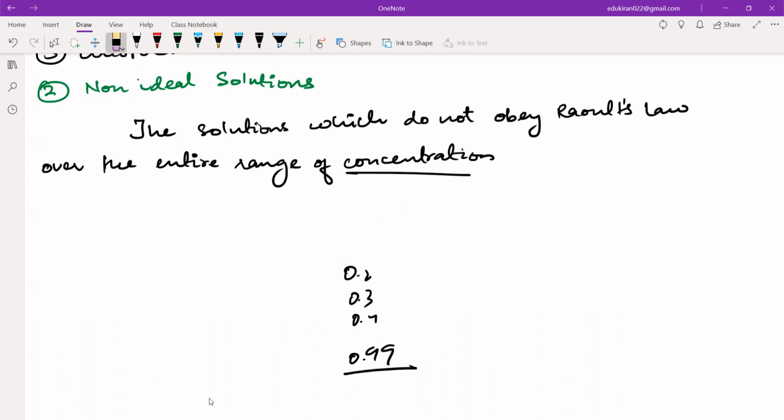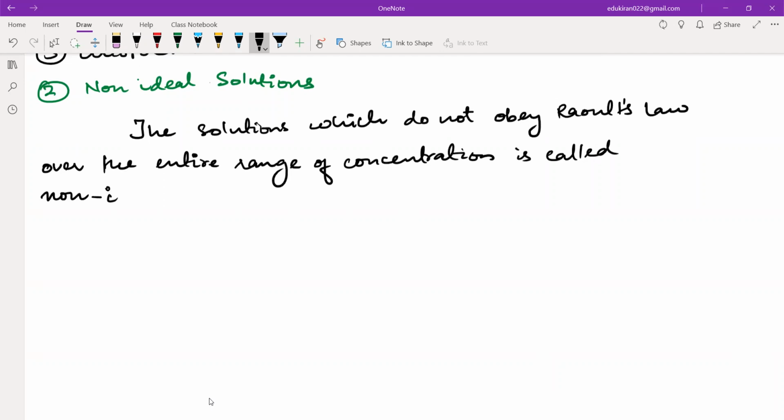It is not that P naught A and chi A and chi B work only at 0.5, and in all the other concentrations Raoult's law is not followed; that means it will be non-ideal only. So the entire range of concentration means from 0.1 right up to the very end. It should follow Raoult's law, then only it will be ideal. If it fails anywhere, it will be non-ideal. So the solution which does not obey Raoult's law over the entire range of concentration is called a non-ideal solution. What will happen here? The vapor pressure of A